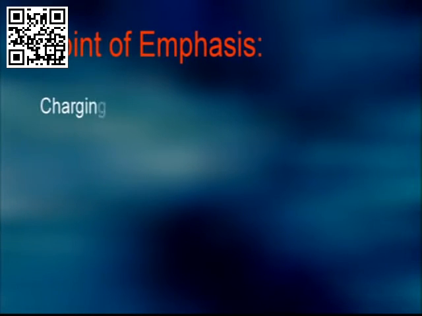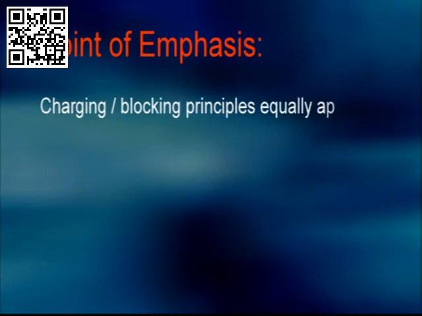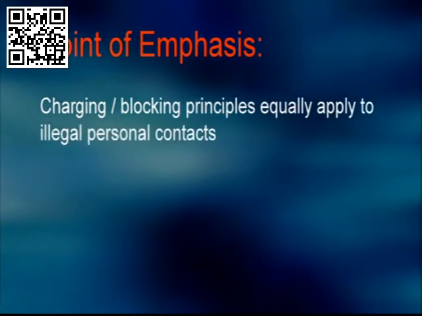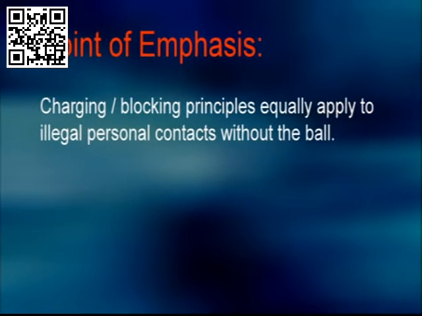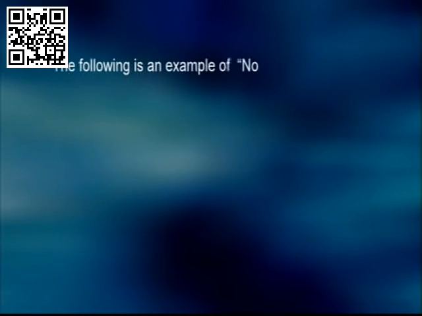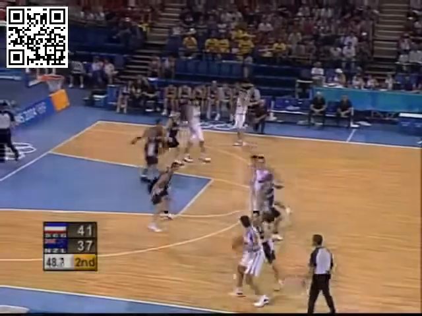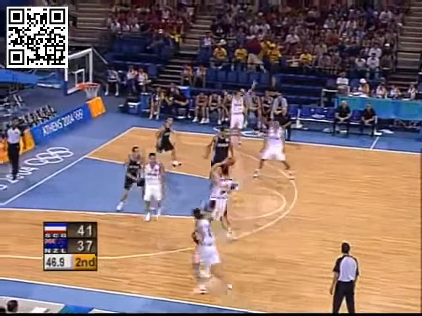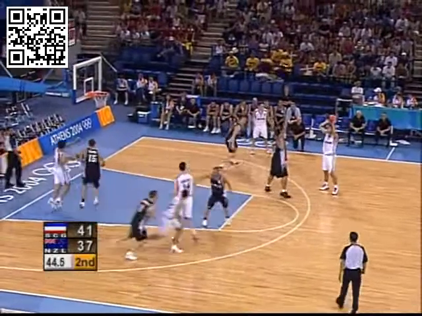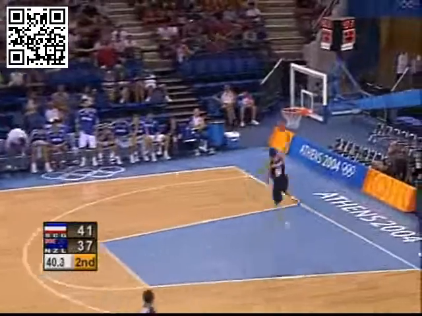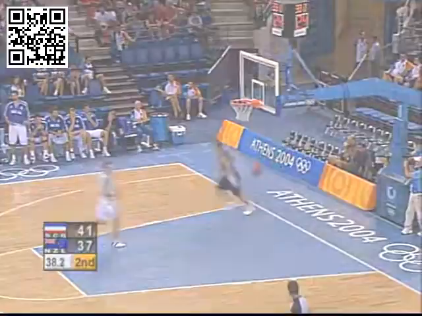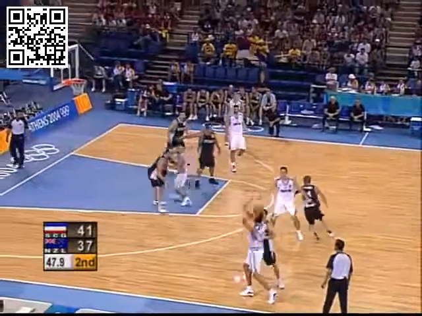Point of emphasis. The charging blocking principles equally apply to illegal personal contacts without the ball. The following is an example of no call, wrong, should be blocking. Let's review the play. White 14 passes the ball to teammate